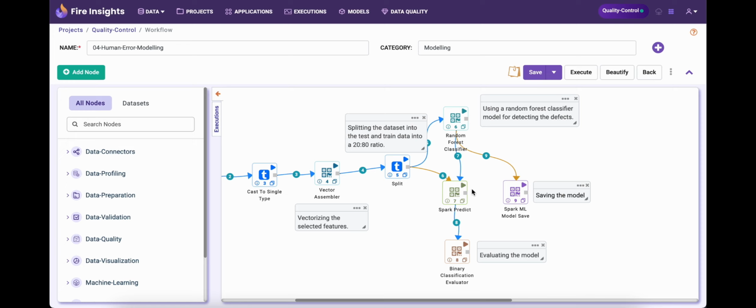After that, we use Spark Predict to apply our model to the testing dataset, and then we use the binary classification evaluator to evaluate our model and produce the relevant test statistics. Finally, we will save our model using the SparkML model save node. This is so that we can pull it into our final workflow and combine it with the output of our